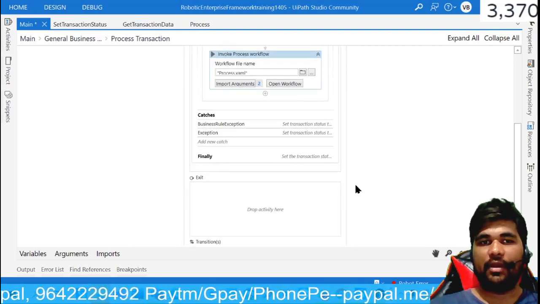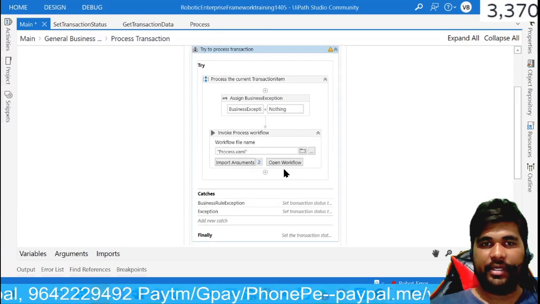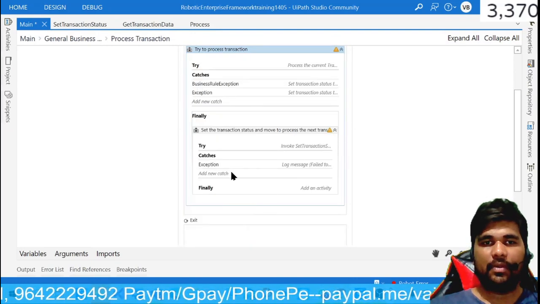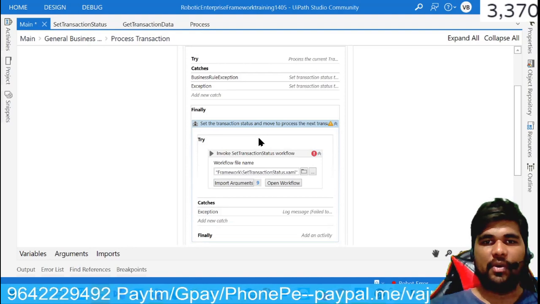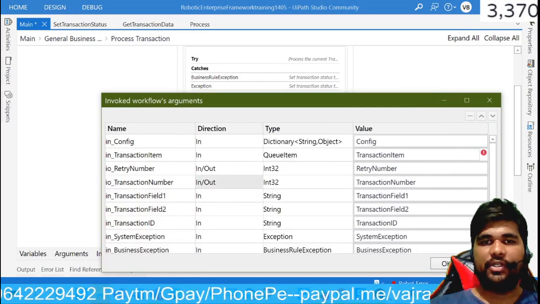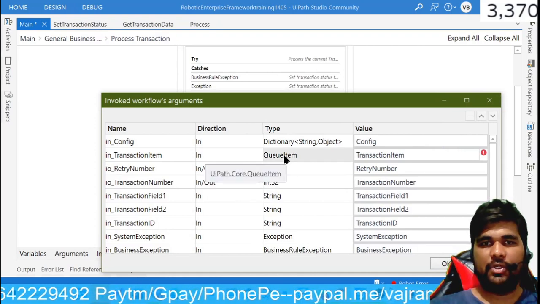Now see, here we don't have an error. Now we have an error at one last place in the set transaction status. Okay, in the try block, if you see here, what is the type? Queue item.